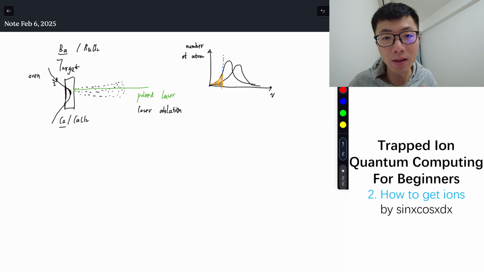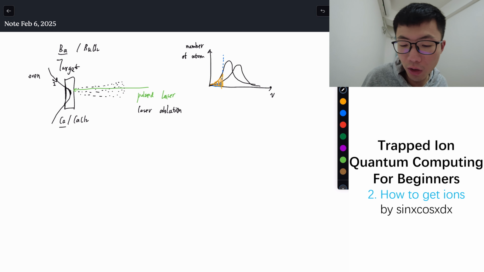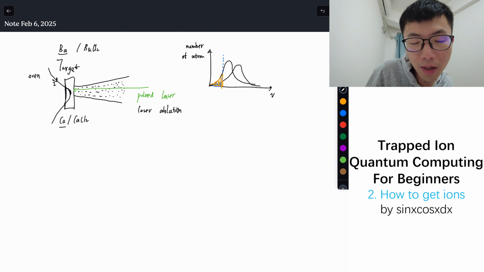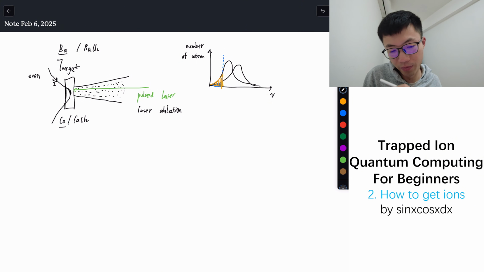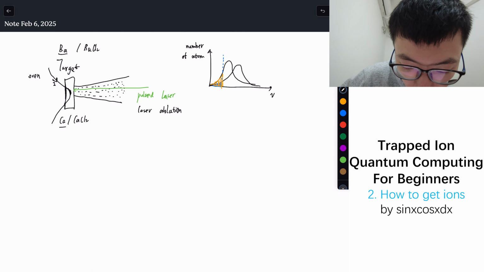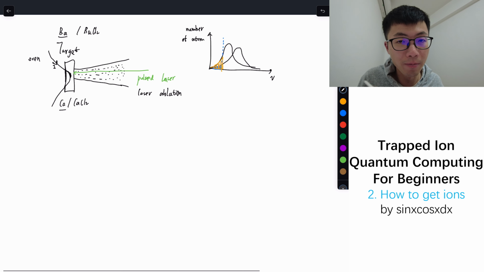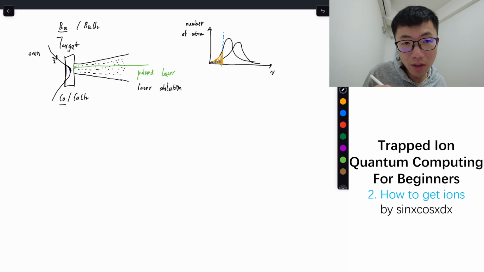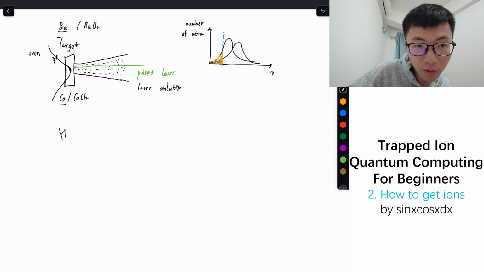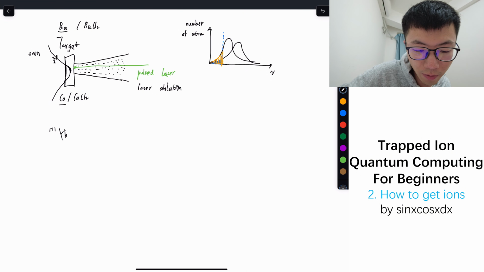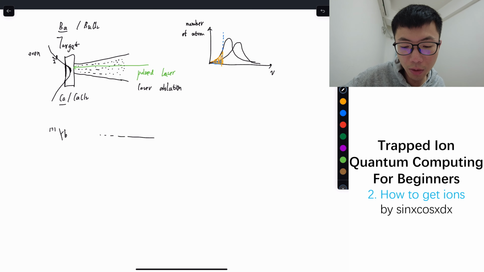Next step is to ionize, so that we can get ions, right? Currently, we just have neutral atoms. Every atom is just a metal atom, and it doesn't have a charge. We want a positive charge so that we can confine it through the electric field in the future. So now we'd like to talk about how to ionize. In order to do ionization, typically, let me just give you an example. For ytterbium 171, an ion, it has 2 electrons in the outer layer, and the